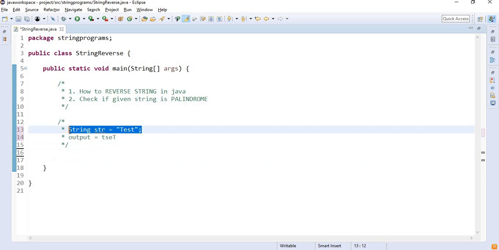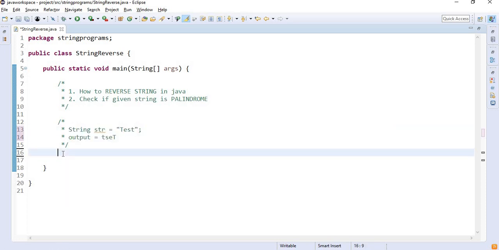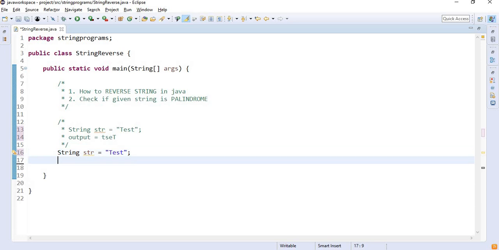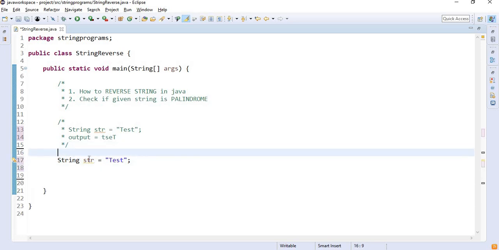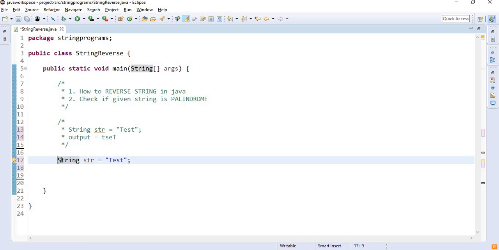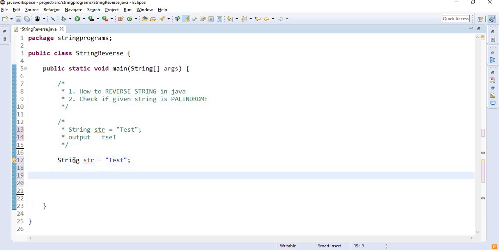So I have given one string, and to reverse this string we need to convert it into an array, because reverse order happens on an index basis. So the first thing we need to do is convert this string to a char array.